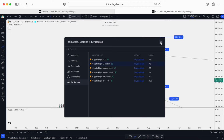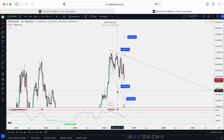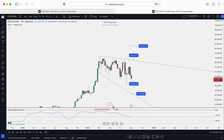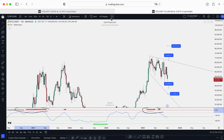Last two indicators: trade direction. Direction here, weekly time frame. Yes, once again, I skipped that one. I'm not tracking Bitcoin so often. There was a pure signal to get out of that token. The same story was here. So this is how it works. And ADZ